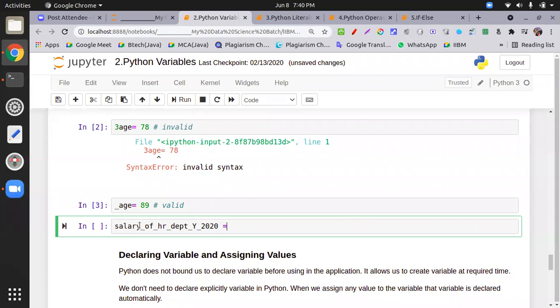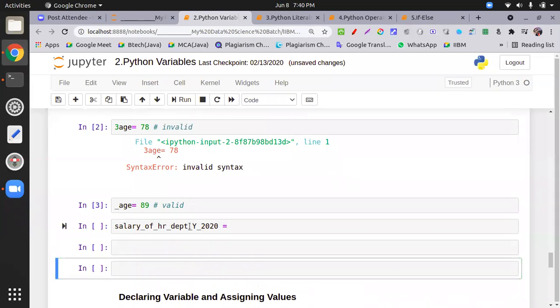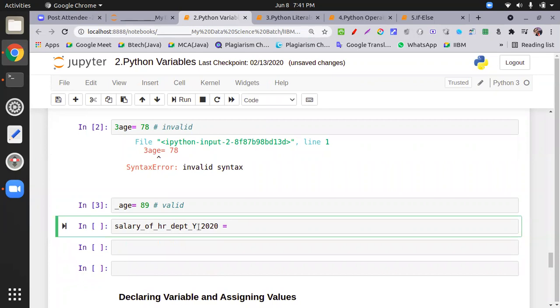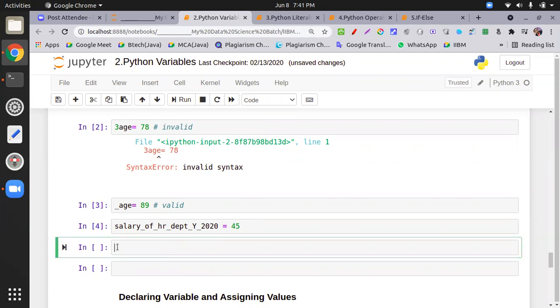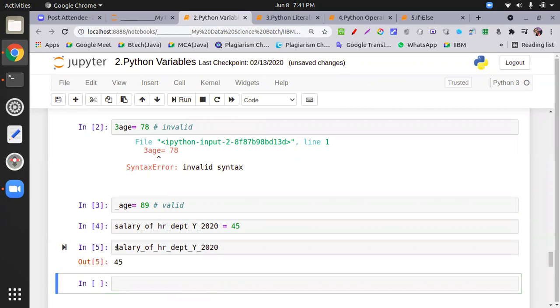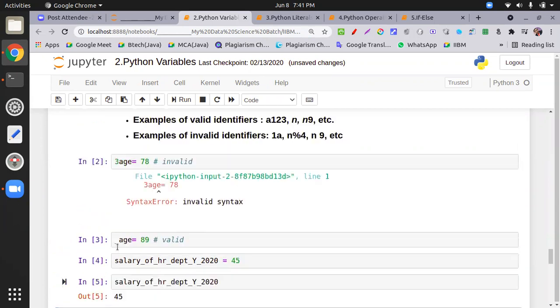I'm storing the salary of an employee who belongs to the HR department for the year 2020. I put here small letters, capital letters, numerics and the underscore, and you can assign any value over here and print it. So the second rule says this kind of thing.